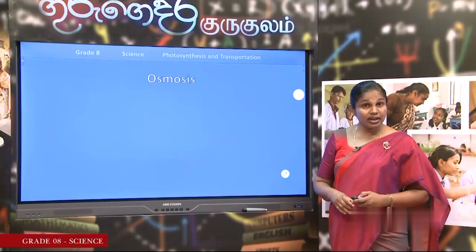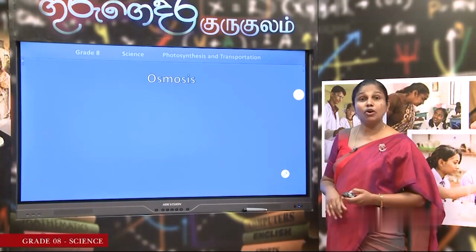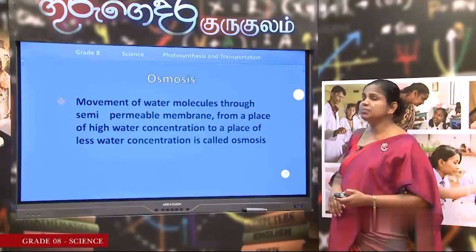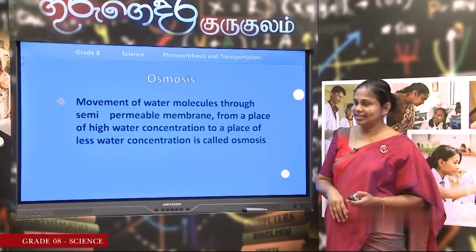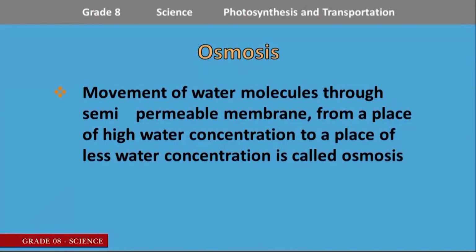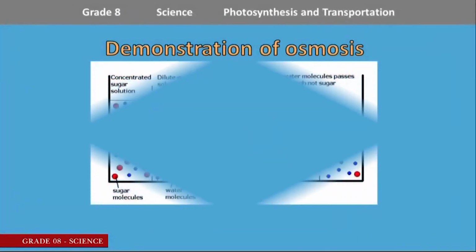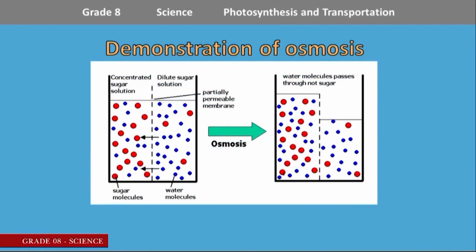Now we are moving to the next method of transportation, osmosis. Right. Let me explain what osmosis is. Osmosis is movement of water particles from a place of high water concentration to a place of less water concentration through a semi-permeable membrane. Right? Actually, by this process, only water is moved. Let me explain how water particles move through a semi-permeable membrane. Right. Now, look at this